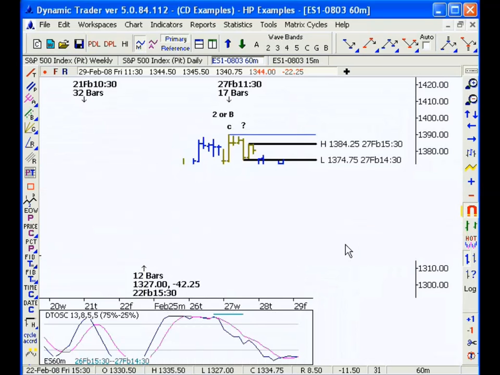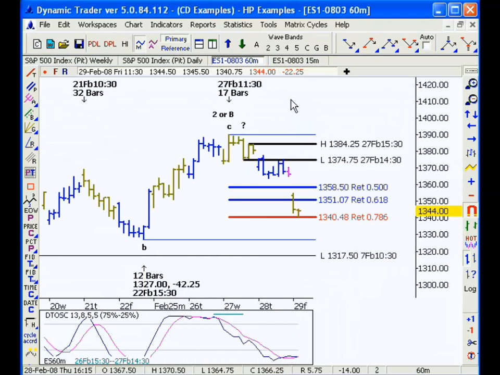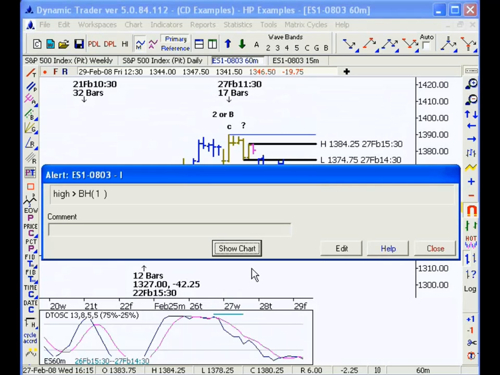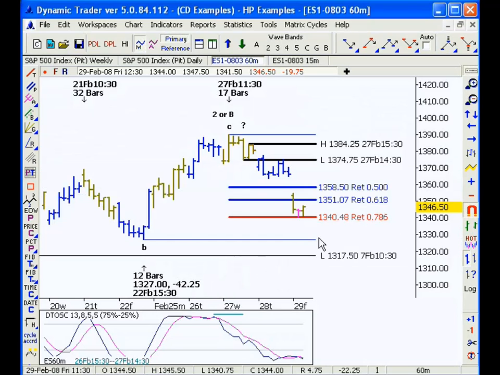One-bar high, and that way, as we add new bars, we'll just have an alert. And that's most software programs, like my Dynamic Trader program, gives you the ability to put alerts in under certain conditions. And there we go, the alert just got hit. So we were stopped out,